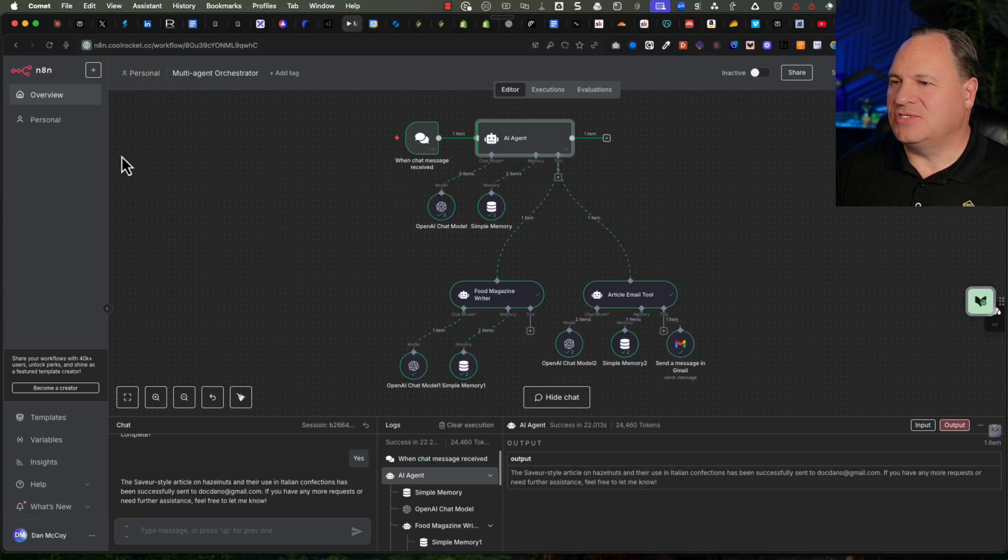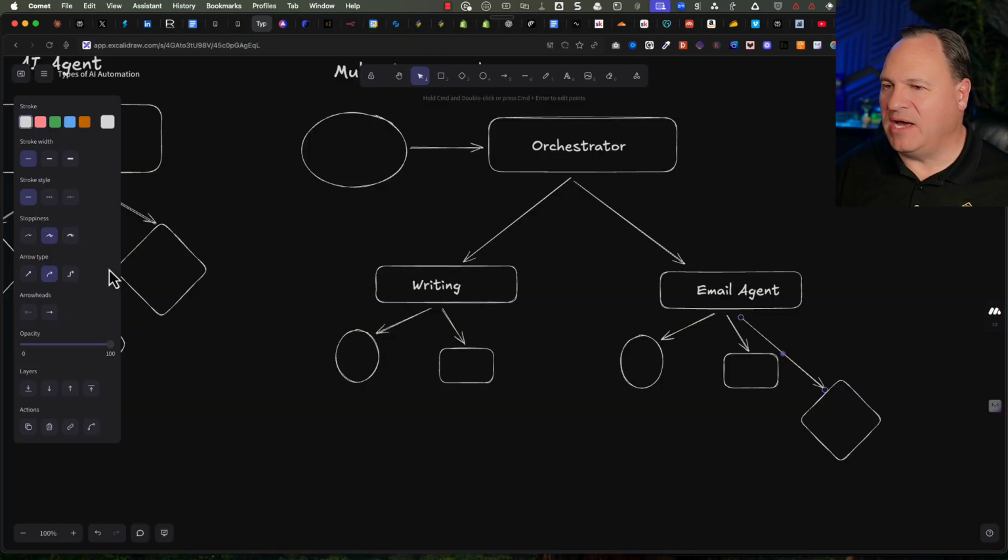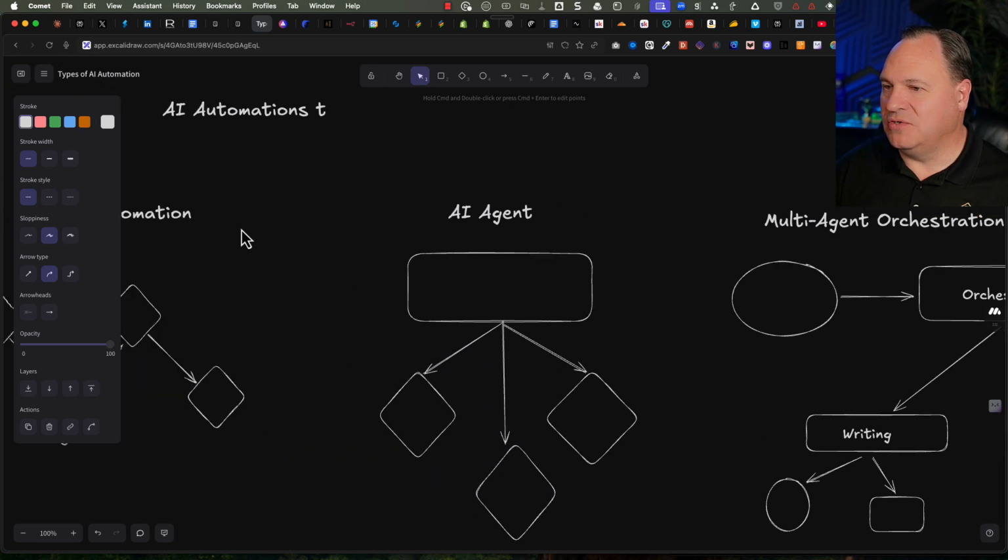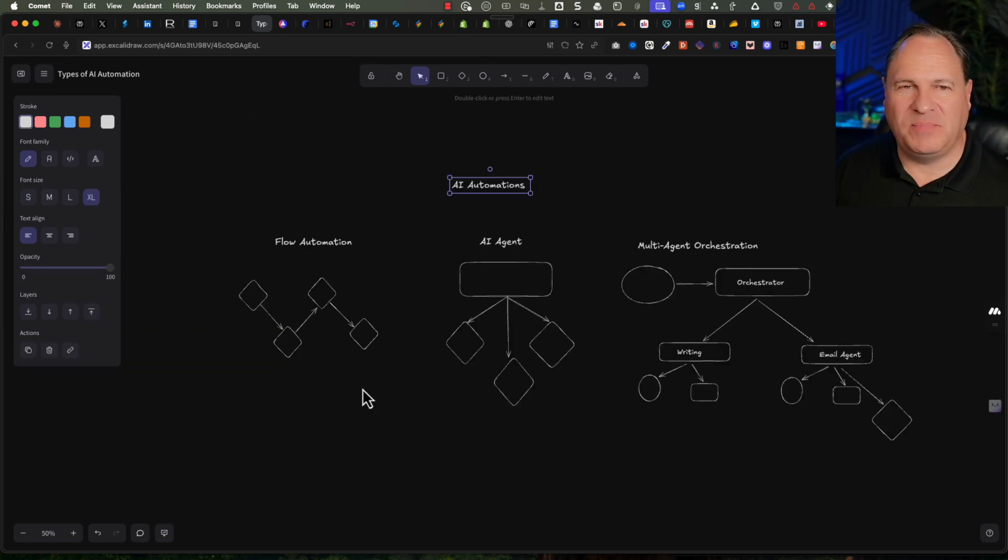So I think you sort of see how this works. These can be powerful, powerful tools for you to use in your business. So when you hear people say, oh, things are overhyped, they're not really working for businesses, the only ones that really work are flow automations, that's just not true. And I hope you can take a little bit away from this today and realize these can be extremely powerful for your business.